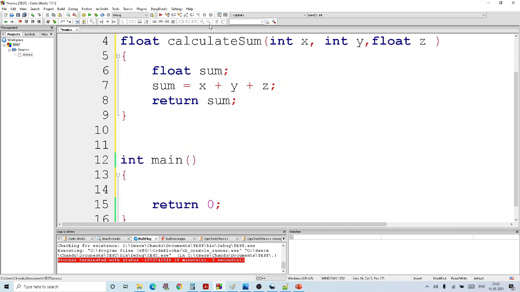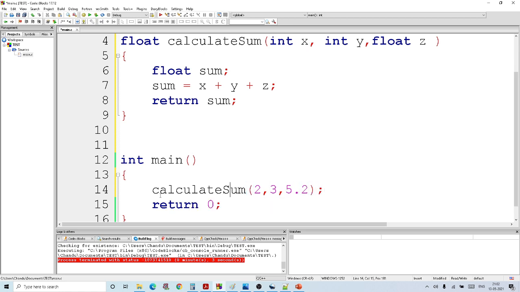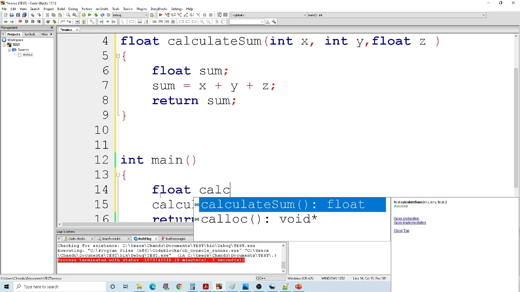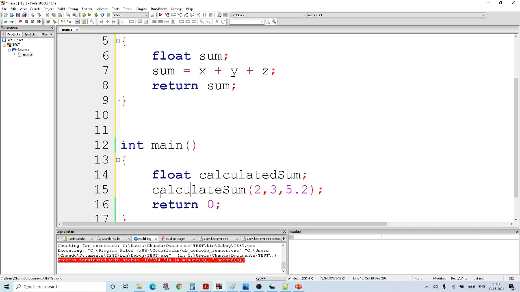Now let us call this function. So we'll call calculateSum. Let us give the inputs as 2, 3 and 5.2. Now it is going to return a float value, so I need to declare a float variable here. Float calculatedSum. Now I'll make this equal to this function.